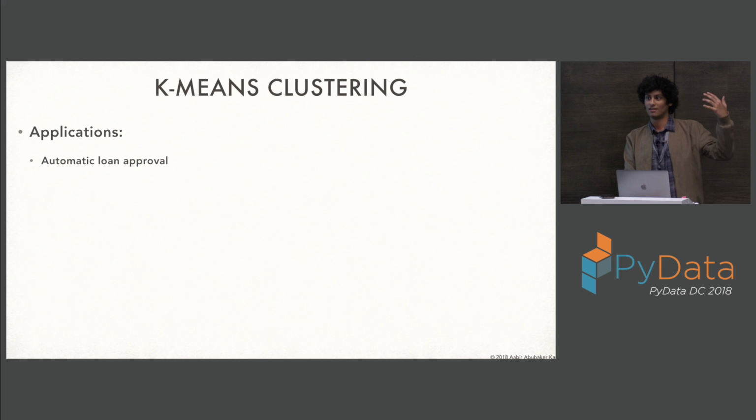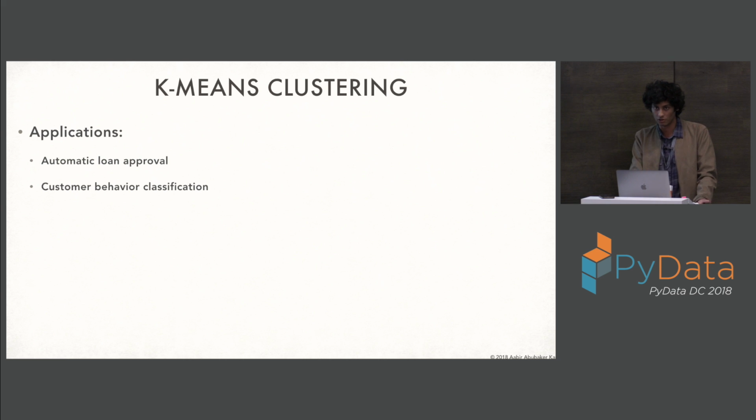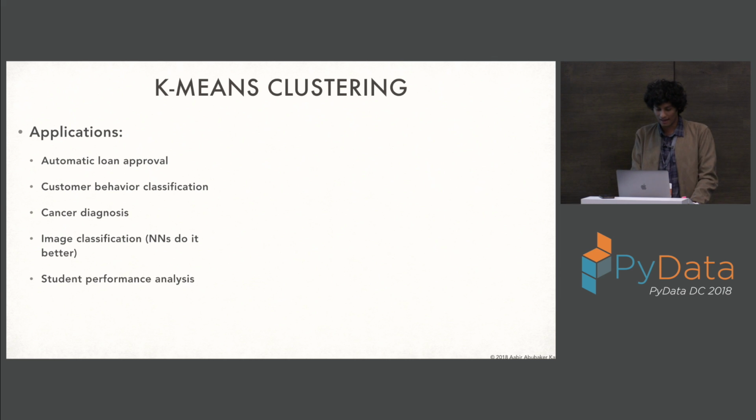I'm sure Capital One has built lots of layers of cool stuff onto this, but it's actually the basis for a lot of systems that approve loans automatically, that decide whether you're going to pay them back or not. Customer behavior and how to classify different customers. Tumors have a whole range of parameters that you can just shove into a k-means cluster and say, hey, these are cancerous, so the ones around that are probably cancerous. Image classification is not so cool anymore. And students, again, basically any kind of behavior can be clustered really well using k-means clustering, which is weird because you don't necessarily expect the concept of a distance to make sense in all of these contexts, but it has in these cases, so who am I to argue?